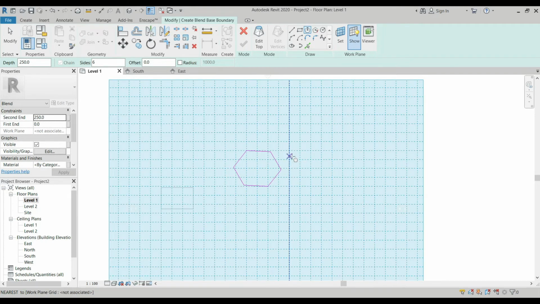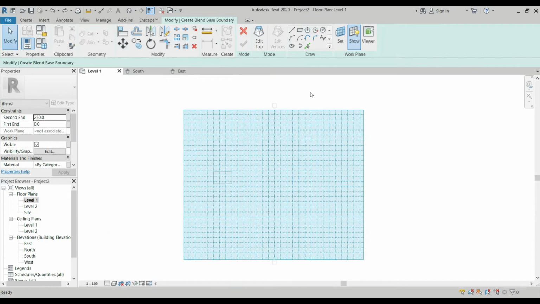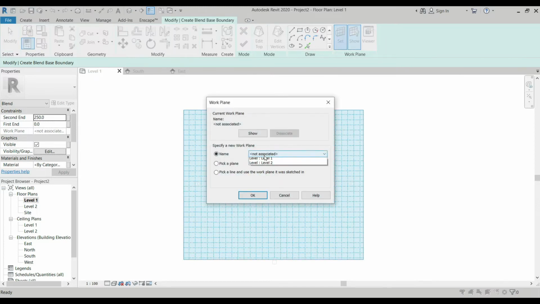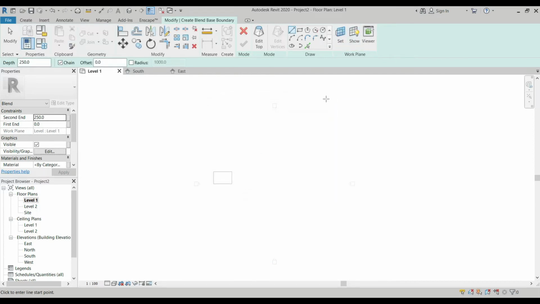Okay, so Control C. Always set your work plane. Every time you create your object, you have to set your work plane. So for example, polygon. Then our top will be, for example,